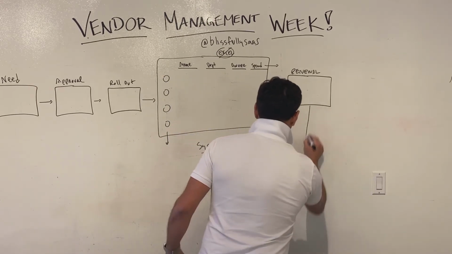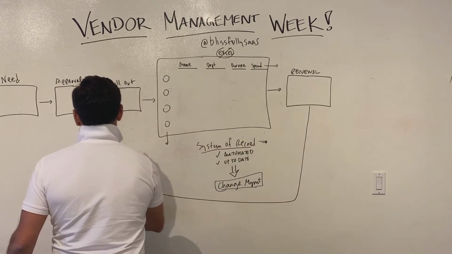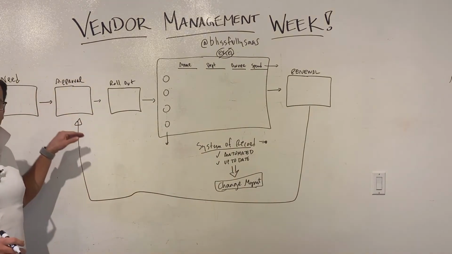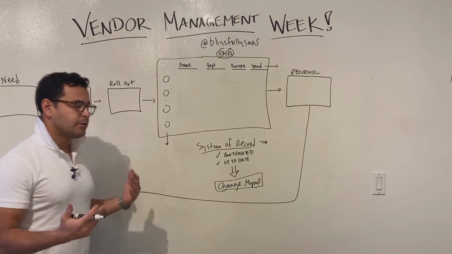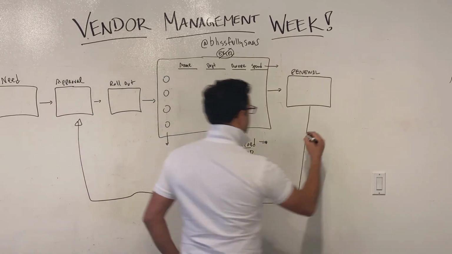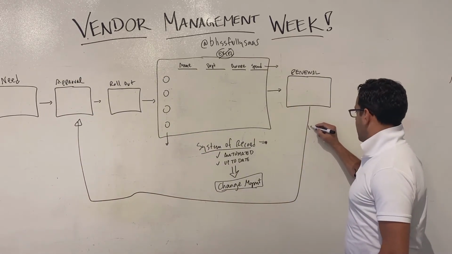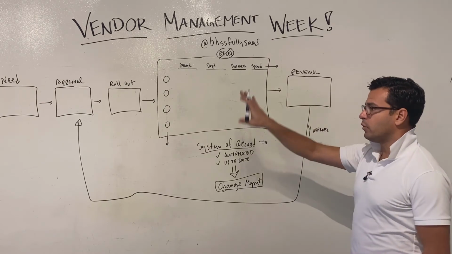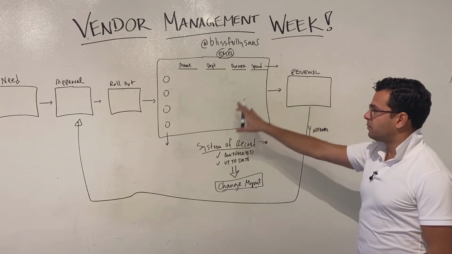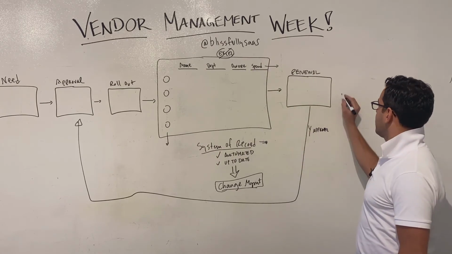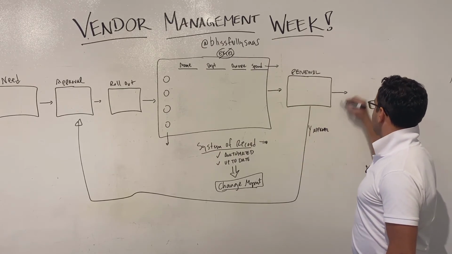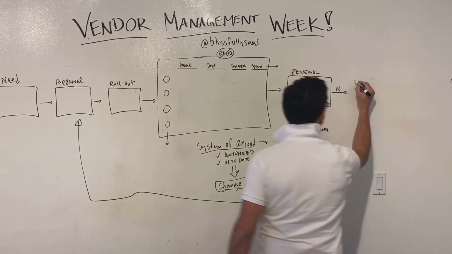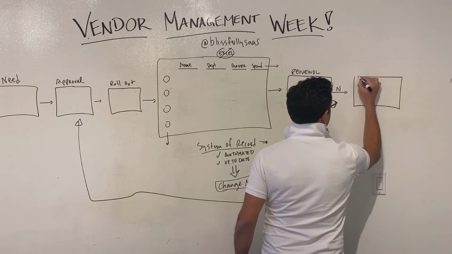So you might want to do a lifecycle stage where you run that renewal through another approval process to make sure that it's still meeting your business functions. And if the answer is yes to the approval, then you'll want to review all of your processes, update your system of record. But if the answer is no, in terms of whether you're going to renew that vendor or not, you'll probably want to terminate